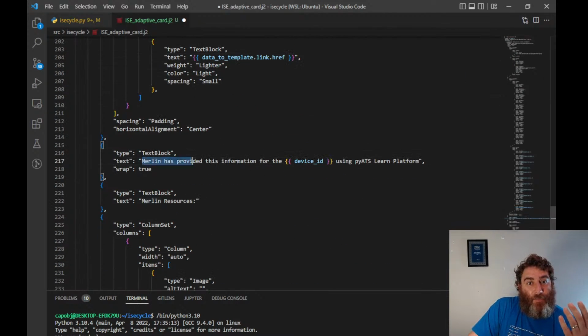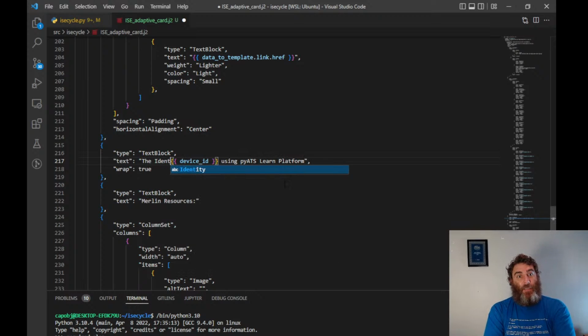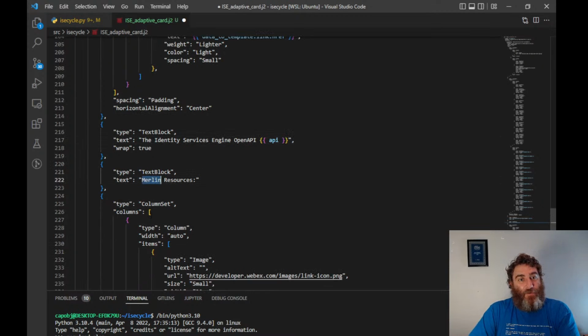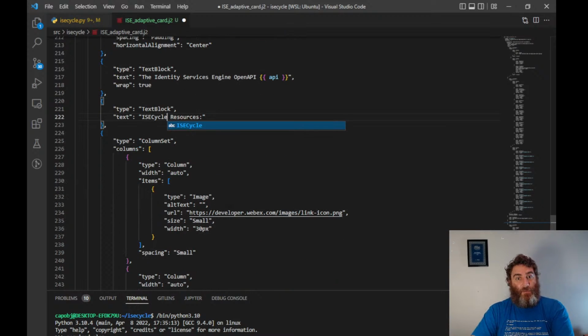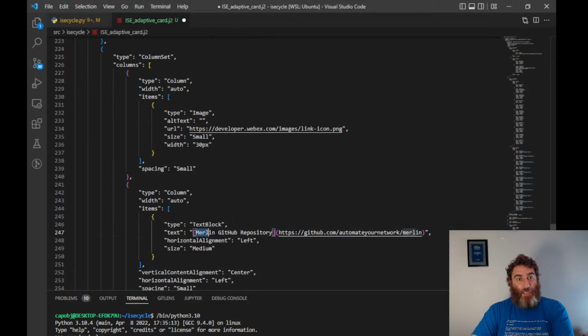So this is a text block. So what we can just say is the Identity Services Engine OpenAPI API using, let's just leave it as that. I don't know. We'll take a look at this, and then different resources here, right? So we could just say ISECycle resources, and we'll just leave the link icon, and what we're going to change this to is,